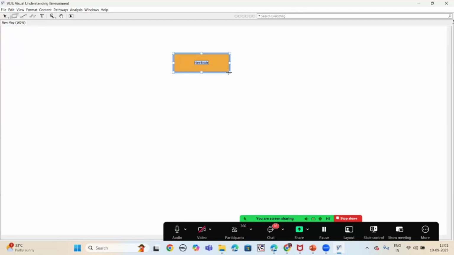Under this node, you can write the text or the topic of the main idea. For example, I am creating a concept map on environment, so I write environment here. Or I can take the topic of pollution, because we are living in a polluted city.